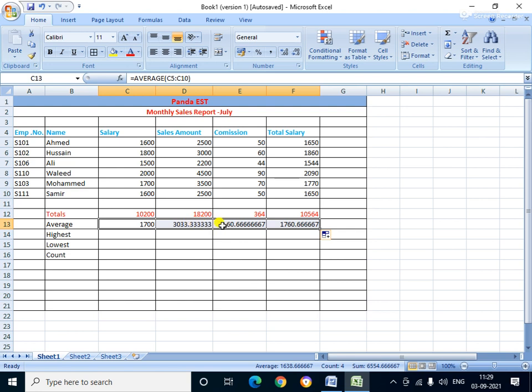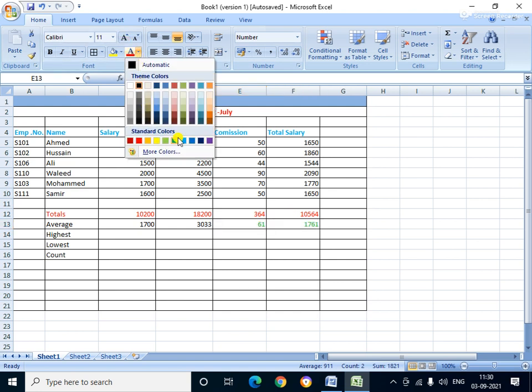If you want to decrease the decimal value, just select and click decrease decimal like this. If it is required, then enter the decimal value, otherwise no problem, as per your requirement. Okay, it is done. This is the average section.